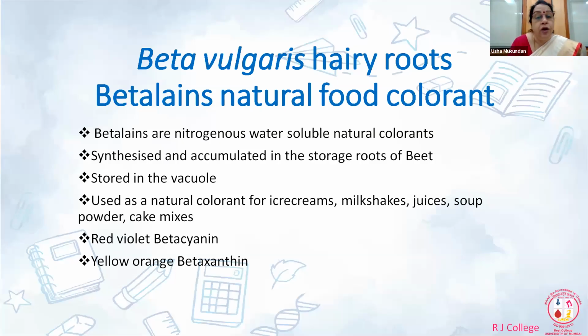Now we come to a very nice material, that is Beta vulgaris. I don't know whether you are curious or not, but I often wondered and looked at the literature: why should beetroot be colored? It is in the underground part of the plant, so it has no role in pollination. But if you survey the entire literature, this particular nitrogenous water-soluble pigment is restricted to one particular order,